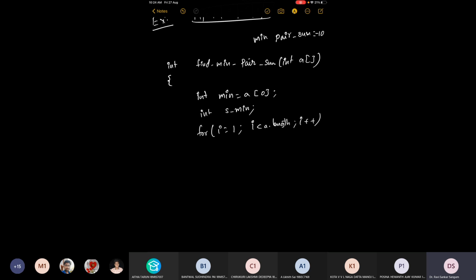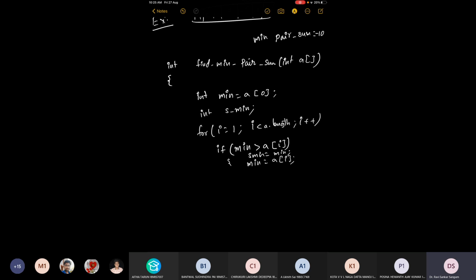Initially we are assuming that the first element is minimum, then we start the scan from the second element. If the current minimum, whatever we have assumed, is greater than A of I, then we need to update minimum equal to A of I.